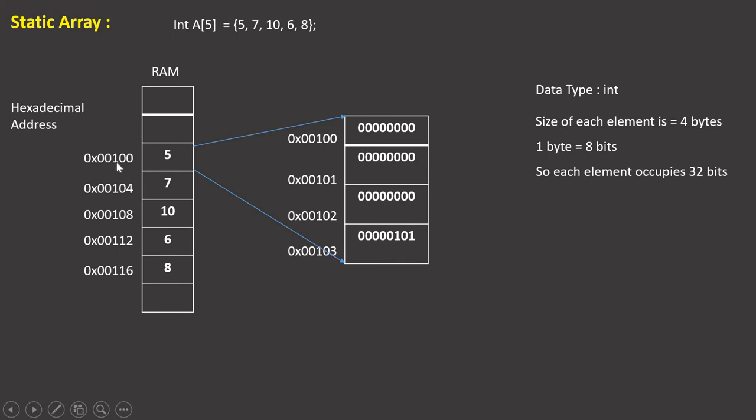So you will say that 100 is here, and after that 104, and the space is missing. No, the space is not missing, only the one element is taking these 4 bytes: 100, 101, 102, and 103. So if you know, in the binary system, the 5 can be written as 101. So these 3 bytes are stored in the form of 0, and then the last 103 is having the actual